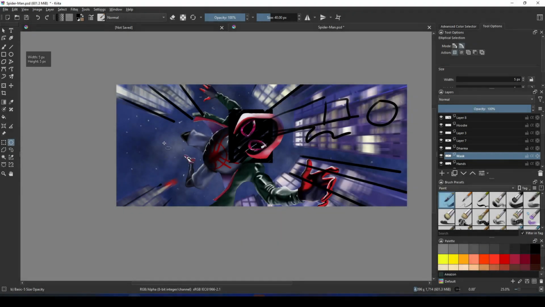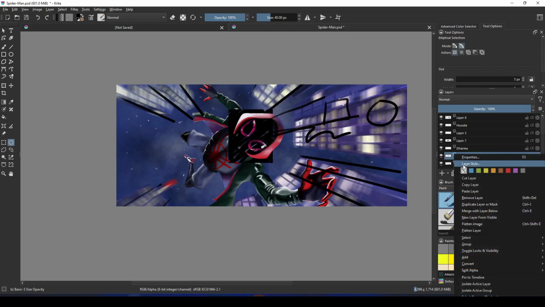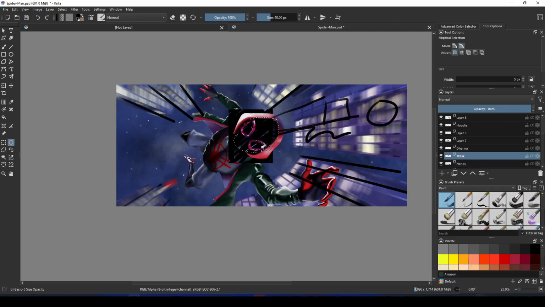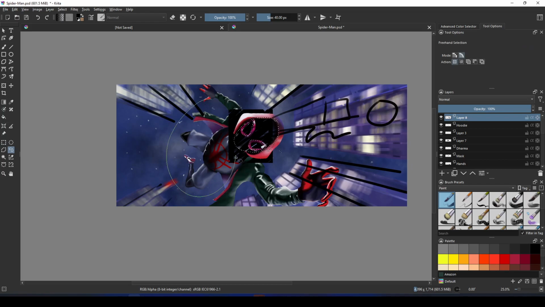Here's a trick which is not available as a separate tool. If you want to select all the painted area in a layer at once, simply right click the layer and choose opaque option. This will select all the painted area in the layer. Here's another trick. To copy from multiple layers in a single selection, press Ctrl Shift C. This will enable you to copy data from selected area from all the layers. This can be pasted on a separate layer with Ctrl V.